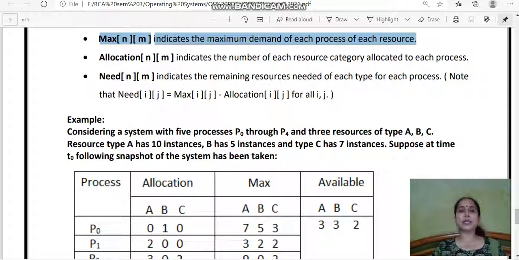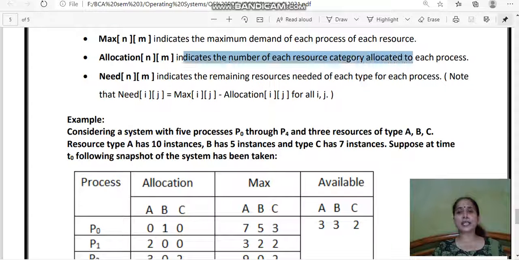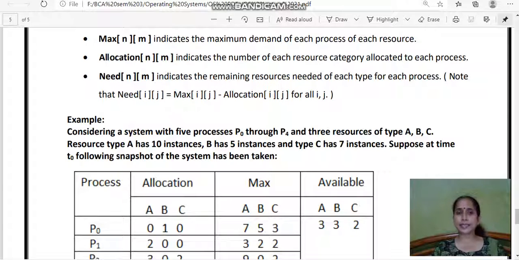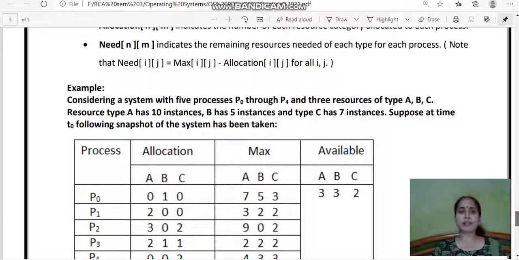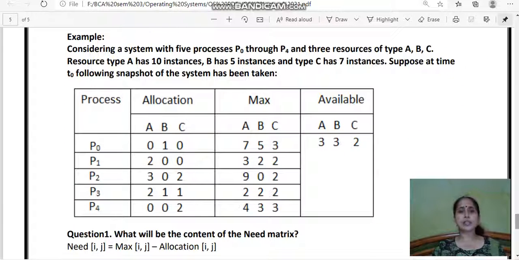Allocation matrix will indicate the number of each resource category allocated to each process. मैक्सिमम इतना चाहिए, allocated इतना है, तो नीड कैसे निकालेंगे? नीड विल बी इक्वल्स टू मैक्स माइनस एलोकेशन. तो इस फॉर्मूले से मेरी नीड निकल आएगी कि हमारे पास इतना चाहिए था, इतना है, और अभी इतना डेफिशिएंट है. और इसके लिए आई हैव गिवन यू दिस एग्जांपल ओवर हियर, एंड थ्रू दिस एग्जांपल यू कैन कैलकुलेट द नीड ऑफ द